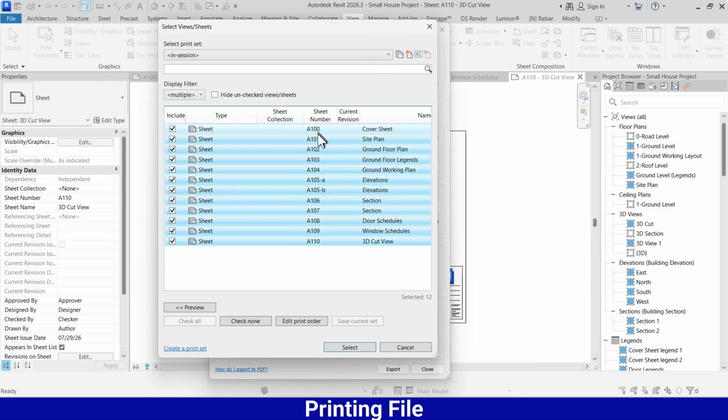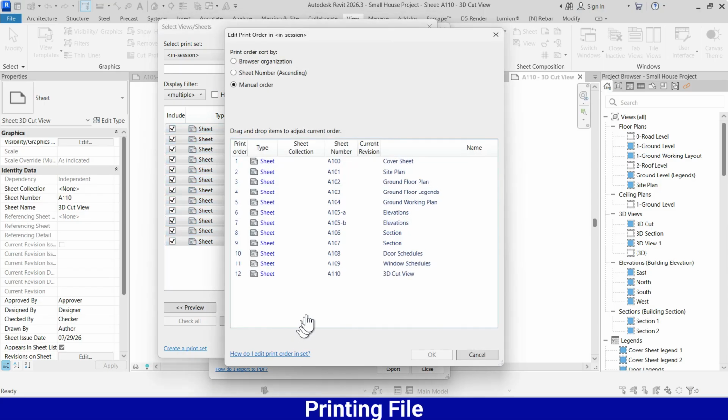So you can see it is already in the order 0, 1, 2, 3. We don't need to check the order. If you want to check the order, edit print order, you can see you can change it accordingly if you want, but this is fine. And okay,